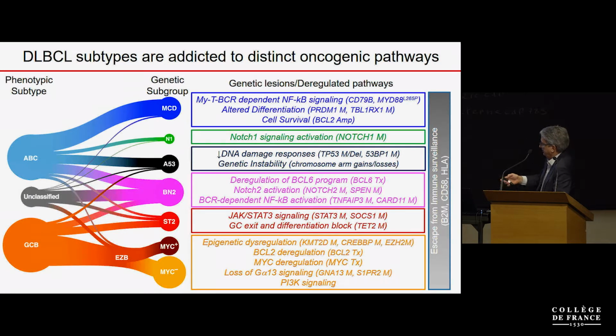And this is just a revisitation of Liu's group's work that will serve as introduction to the purpose of my talk: there are now subdivisions of the ABC and the GCB and unclassified in different subgroups characterized to some extent by alteration of distinct biological programs that are primarily genetically altered. And I would like to stress the point that is the introduction to what's coming in my talk,